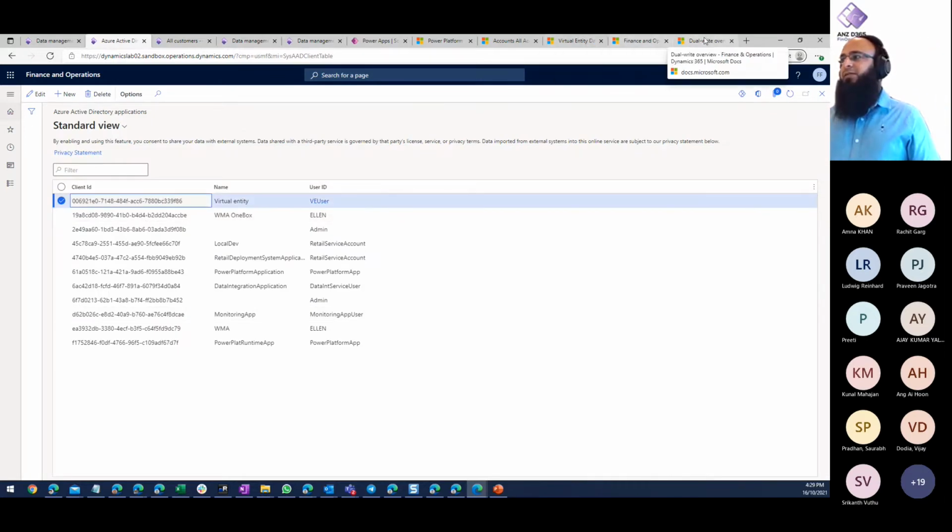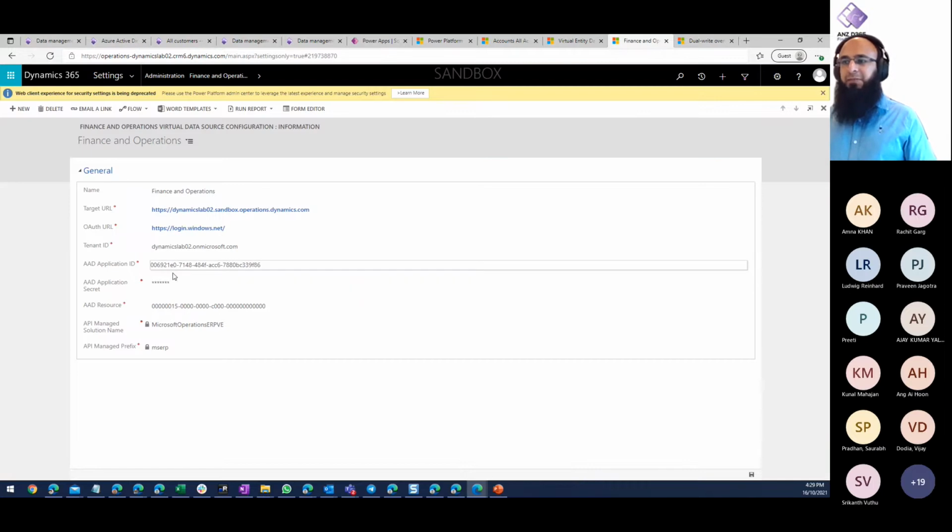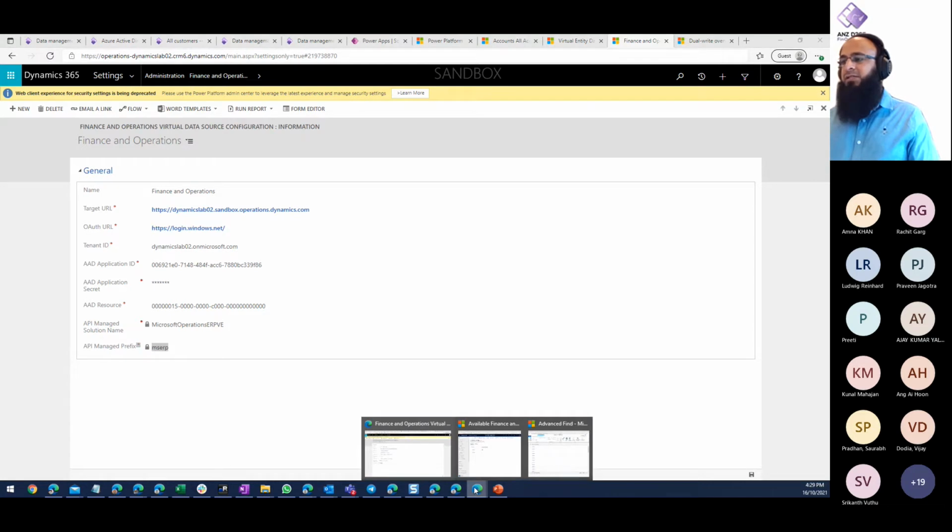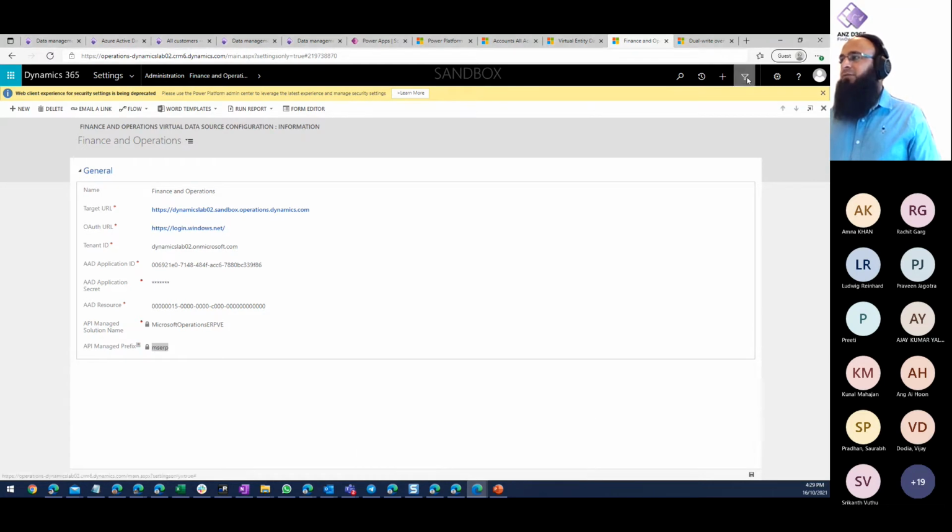You copy the same application ID here and define the secret key here to make a connection or authenticate the application. And this is the solution name, which comes as a managed solution from Microsoft. The solution prefix is MSERP, which is what it's going to use. After we have configured this, there is no rocket science in configuring it. Now you have to go to your